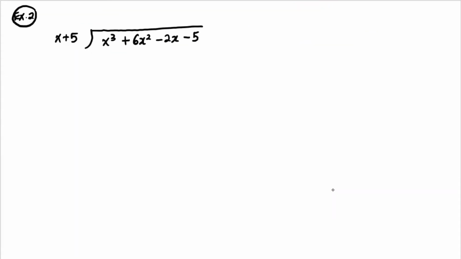Alright, let's go to the second example. Suppose we have this. We want to divide x to the power of 3 plus 6x squared minus 2x minus 5 with x plus 5. So let's just use the long division. You have x squared, and then I multiply x squared back to this, so x to the power of 3 plus 5x squared, and then I have to subtract, that one will become x squared minus 2x minus 5,